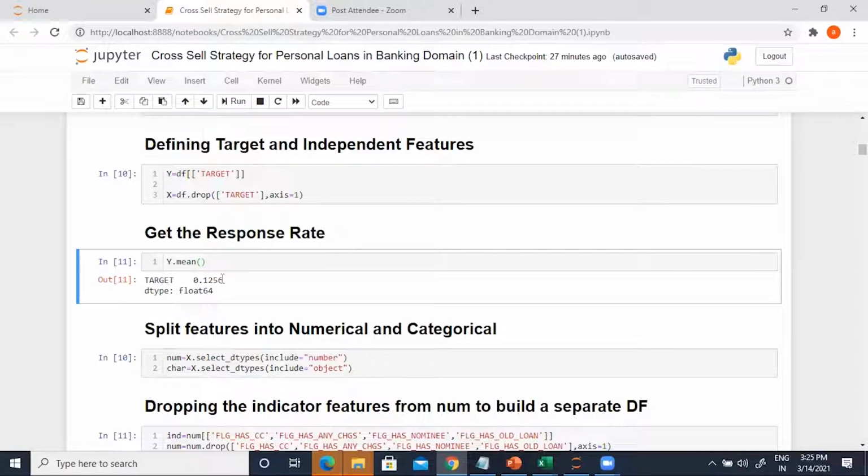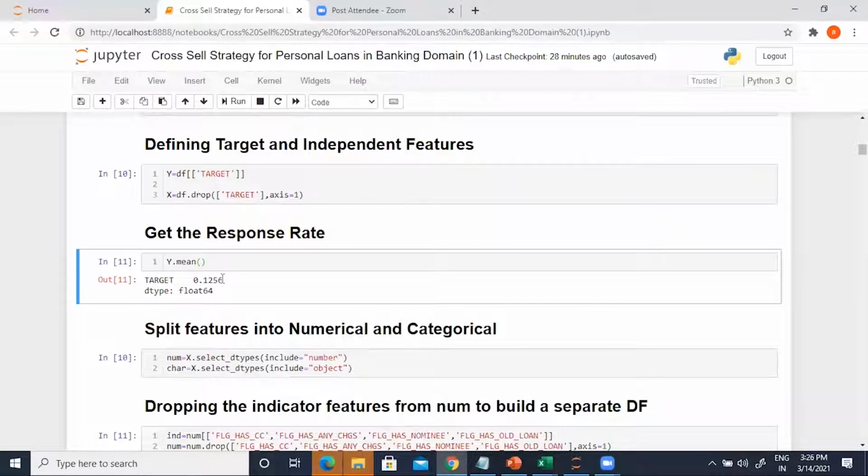We are going to look for zones, segments, groups, clusters, whatever adjective we want to use from the English language, but we are ultimately going to look for those collections of customers within which the chance of success is much, much higher than 12.56%. I want to make sure that all of you understand this before we proceed.